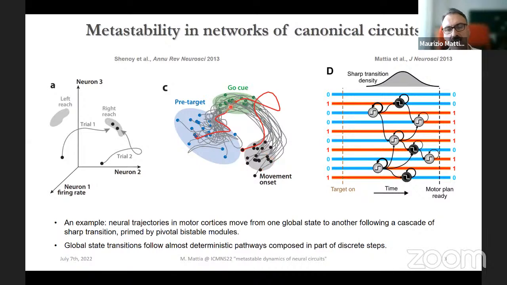And this can be described as a coordinated activity of many of the cortical circuits I showed before. We made a contribution to this description, in which these trajectories are the result of a kind of chain reaction, in which these bistable networks elicit switches in others, and so on and so forth. And so this is metastability in this sense, and there are plenty of other examples related to this kind of dynamical phenomenon, which in the end underlies many cognitive functions.